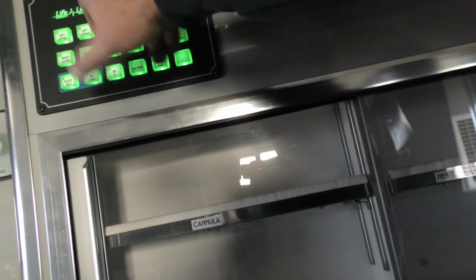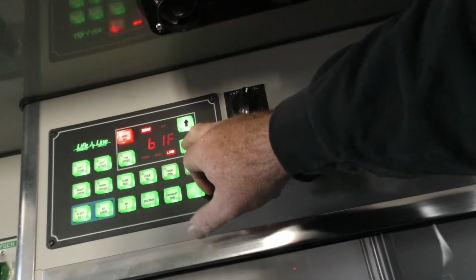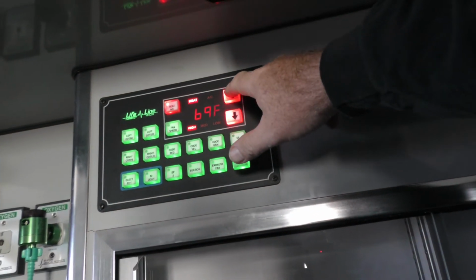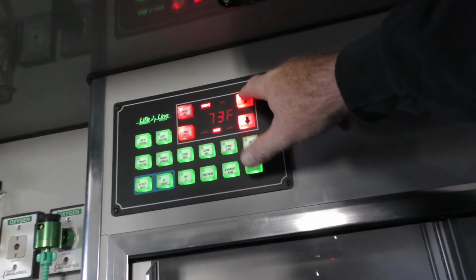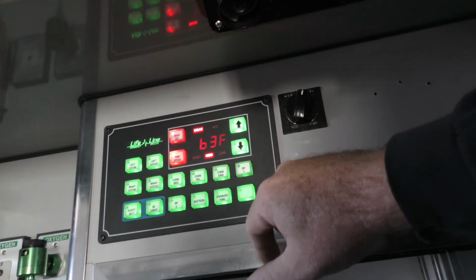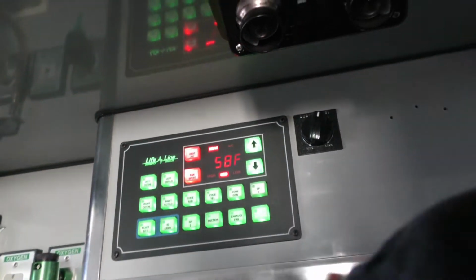So if we want heat, and then this is how you adjust the speed selector. Kind of sounds like a video game. The fan speed there. Oh, it's got some presets. That's nice. Oh no, this is the temperature. Oh, I got it. So you dial in your temperature there. Your fan speed is low, medium,